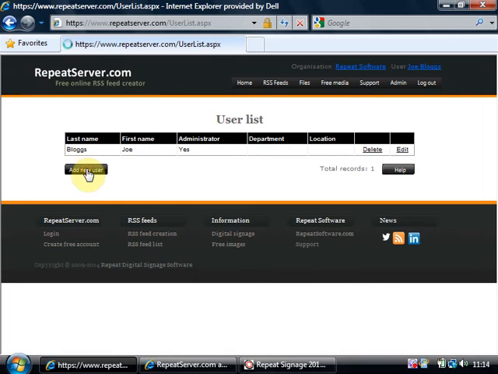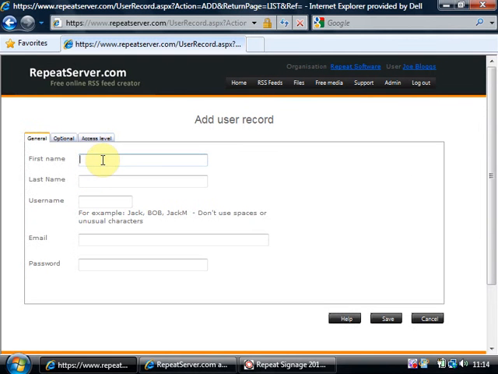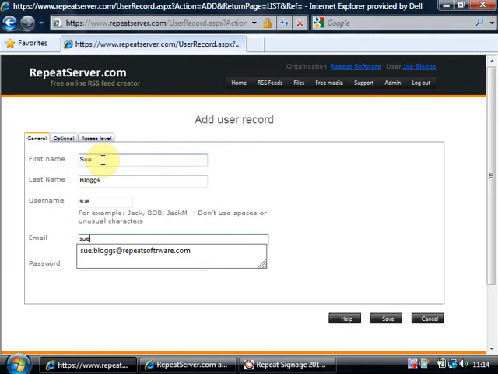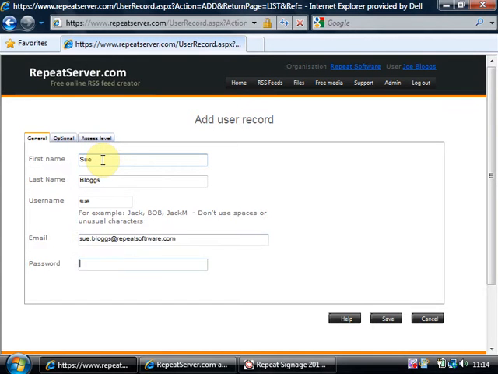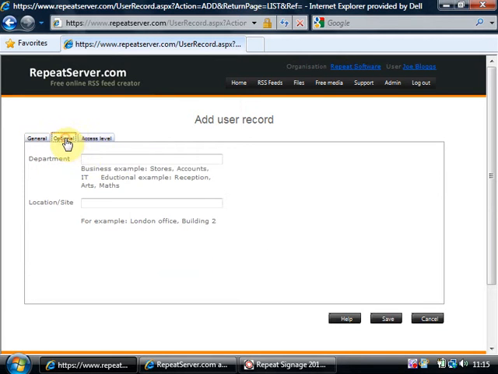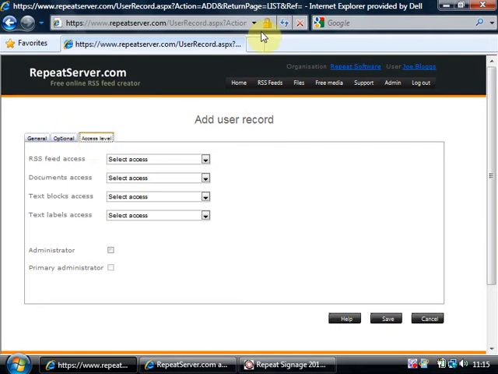So I'm going to click on add new user, and this time I'm going to create a user called Sue Blogs, username Sue, and an email address. This is not validated at all, so suebloggs@repeatsoftware.com. Stick in an email address, a password. Now optional, I can put in a department and a site and location, and it's the access level we're more